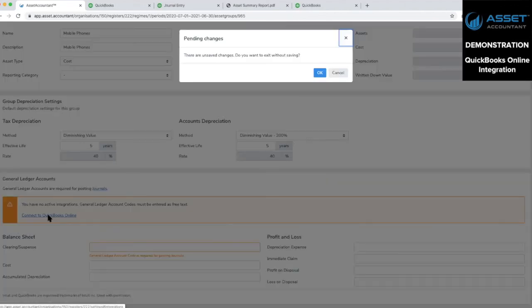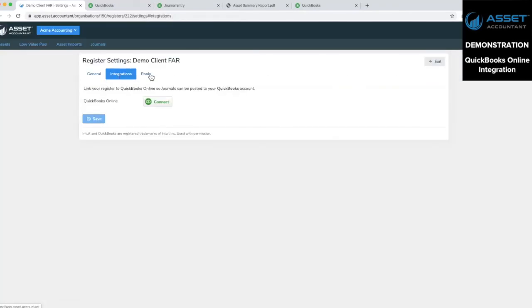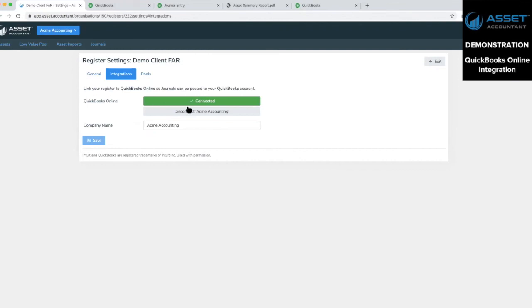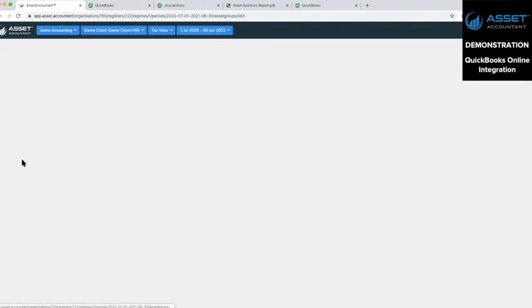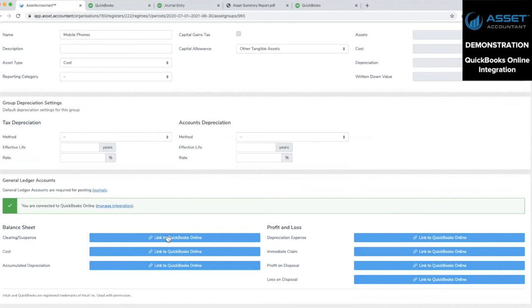But with QuickBooks Online, we're going to go ahead and connect in the integrations tab. And because I'm already logged into QuickBooks, we'll get a confirmation screen, and there we are. It's as easy as that. We are now connected. So if I go back to our asset group of mobile phones,